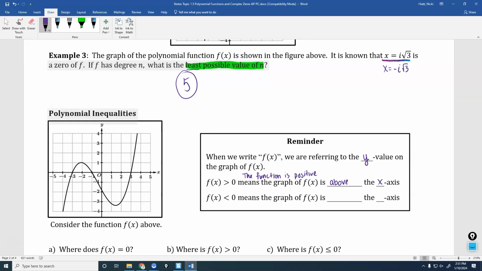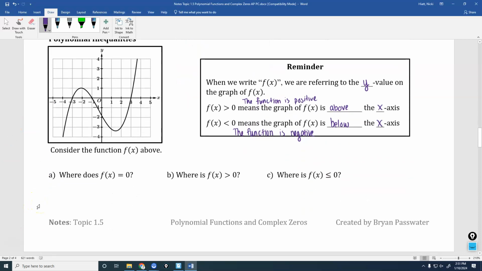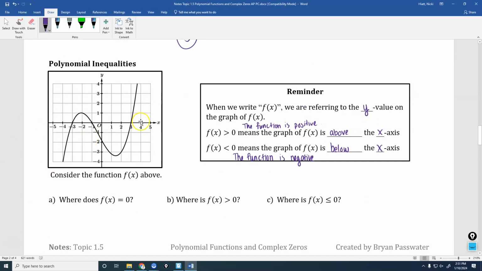So in a similar manner, this f of x less than 0 tells me the function is negative, which means that f of x is below the x-axis. Okay, so if we look at the questions that it's giving us about this graph here, it says,